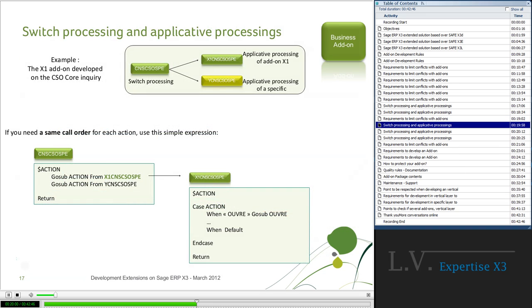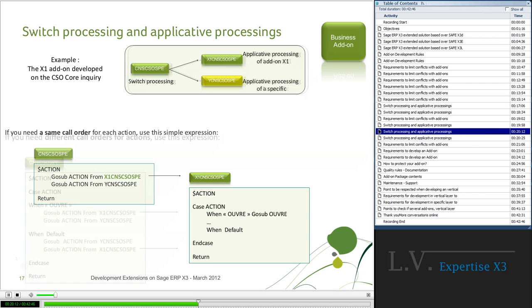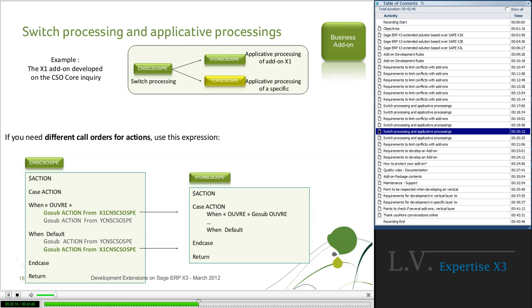And the technique is the same. Use only the GoSub instruction to call your own applicative processing. And if you want to manage different order for your call, you employ the same technique.